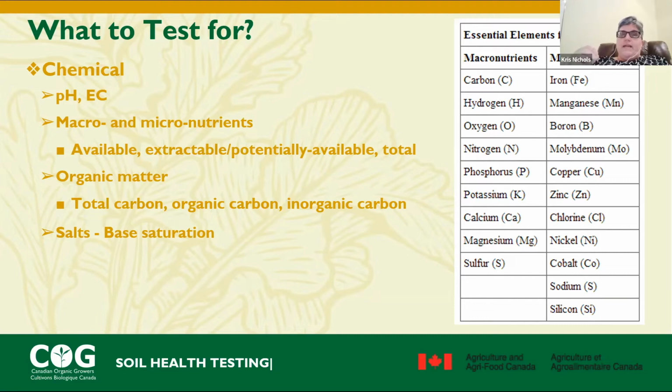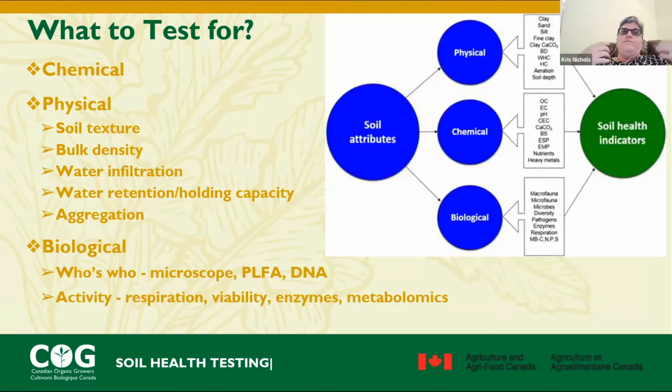So again, with the chemistry, we've got these key tests that we look at, but we don't just want to look at the chemistry. And so we've changed a lot of the testing that we've done to now include additional physical and, starting to include, biological parameters in our testing. With the physical parameters, as I said, you can do things like water infiltration. We can look at bulk density. That is basically, in a column of soil, how much is filled with solids